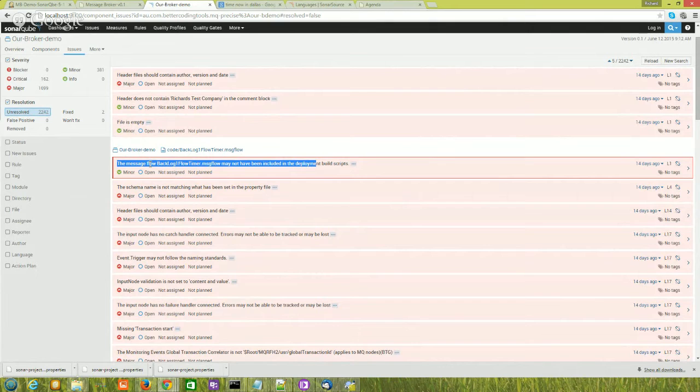only maybe for testing. The flow's been deleted, or the flow is no longer used but hasn't been deleted from version control, so it's dead code that probably should be cleaned up. Or it could indicate that the developer hasn't included it in the deployment script, which means there's a potential for the flow to exist in other environments up to, say, production, when only the Ant build script will actually run. So this is trying to warn you when you may have developers adding flows or manually deploying builds into different environments for testing,